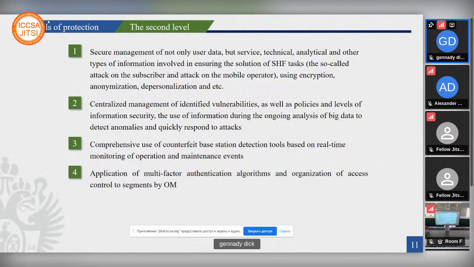At the same time, it should be noted that in addition to ensuring information security at all